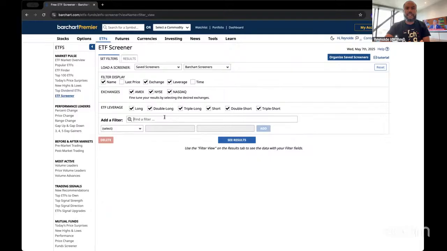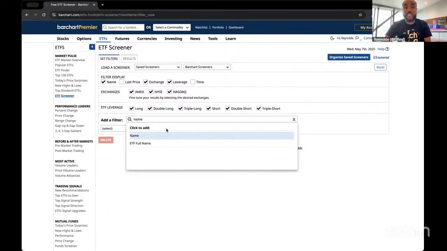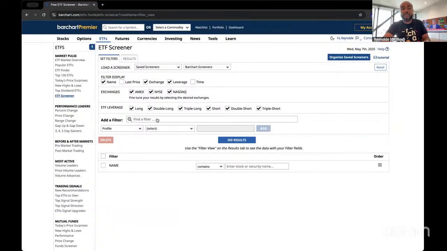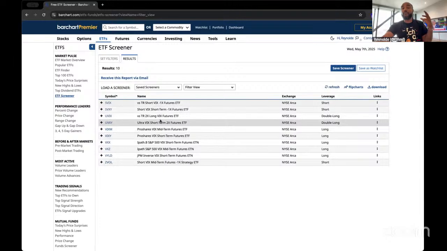You can come in here and actually search ETFs by whatever you're looking to trade, right? So if we type in name as a filter, I can come in and type whatever ticker I want. It doesn't matter if it's Tesla, Apple, Google, whatever. I can type in that ticker, in this case, VIX, and it will show me ETFs that are trading this